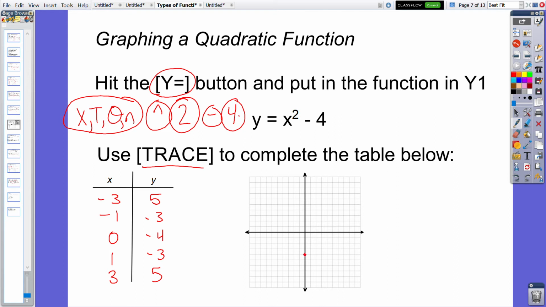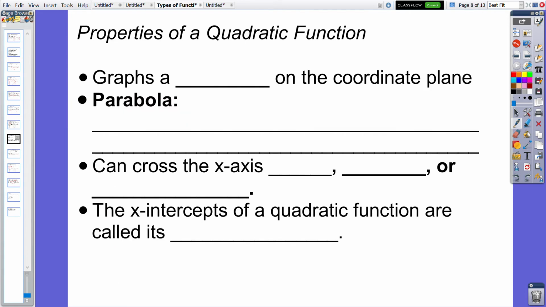Here's what those points look like. Here's 0, -4, 1, -3, and then 3, 5. And then the left side looks like this. There's -1, -3, and then -3, +5. Okay, so then if we connect everything with a little curve here, it looks like this, kind of a U shape to it. Okay, so this is what we call a parabola. It's the shape of a quadratic function. Okay, so this graph's a parabola,